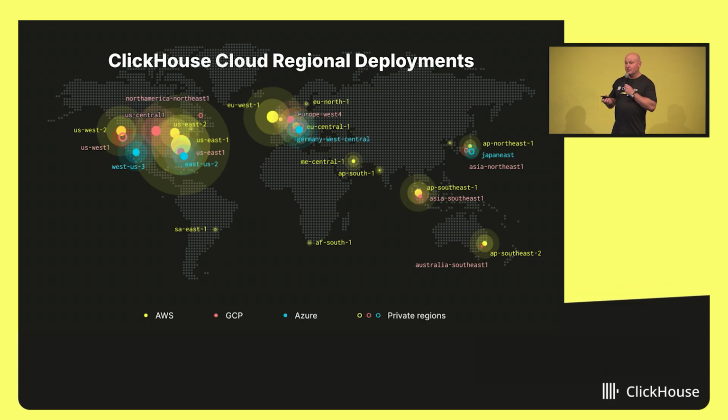Of course, ClickHouse is a global product. We want to meet customers wherever they are. We're integrated with all the major clouds, including AWS, GCP, Azure, Alibaba Cloud as well. We are currently deployed in 30 different cloud regions all over the world, not including Alibaba. And whether you want low latency or you have to be in a certain territory for regulatory compliance or any other reason, we have a local cloud region to serve your needs.